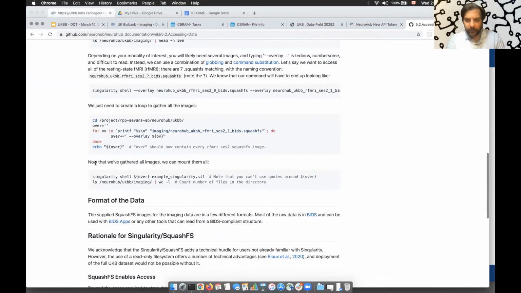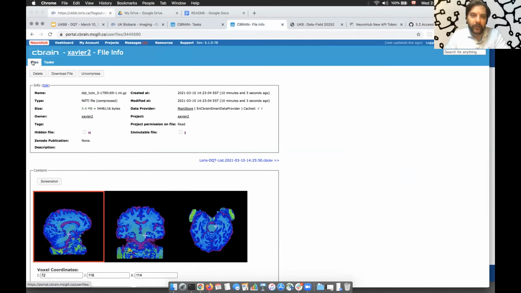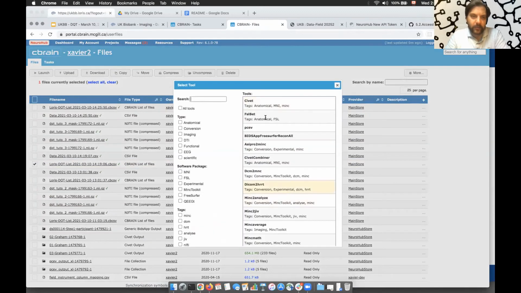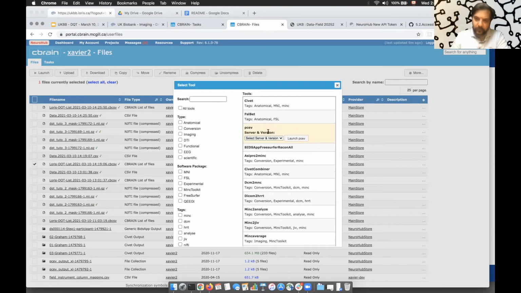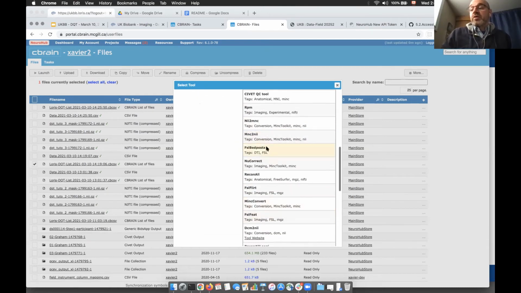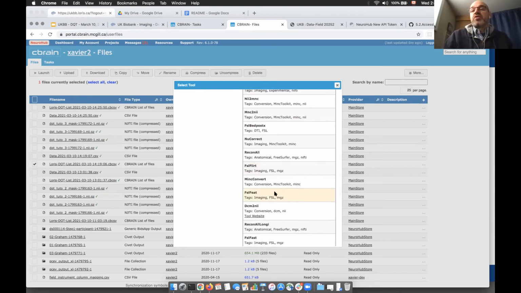Now, if you have your own tools, it is possible to add them to the CBrain environment, containerize them, and describe them. We won't get into the full details of that right now, but there's a whole other training session around things like that we could talk about. For now, I encourage people, if there are things you're not seeing today that you'd like to learn more about, as follow-up to what we discuss, there's the survey, which we'll share the link to at the end. Please feel free to put it in there, so that we can get a good representation of what people are looking for as follow-up or other sessions that we can provide.